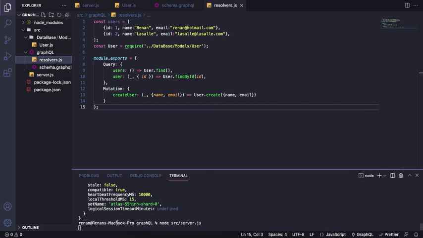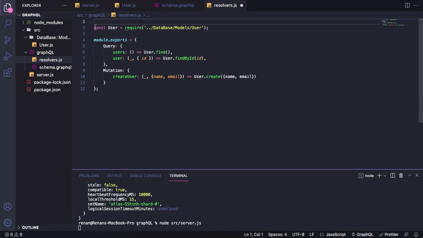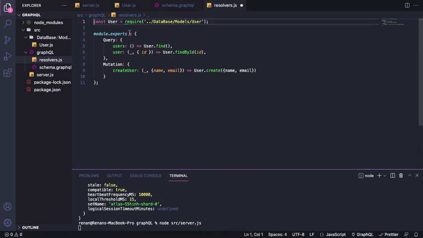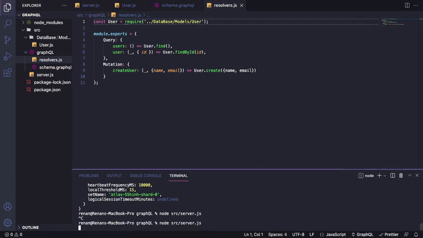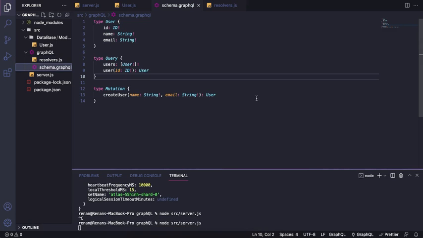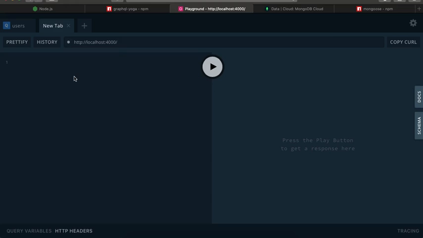Okay, my database is running fine. I don't need the users anymore because I'm connected with my database. And let me save, stop the application, and run again to see if everything is working fine. So we can go to our playground. We can create a query. We can try to find users